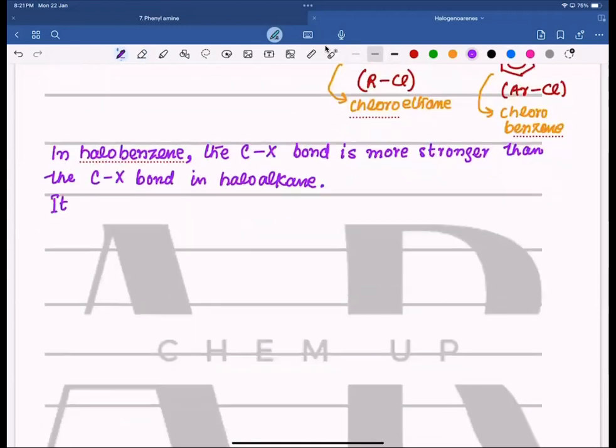So it is because the orbital of chlorine having a lone pair of electrons